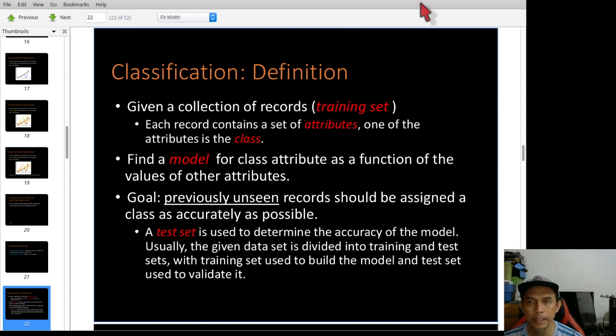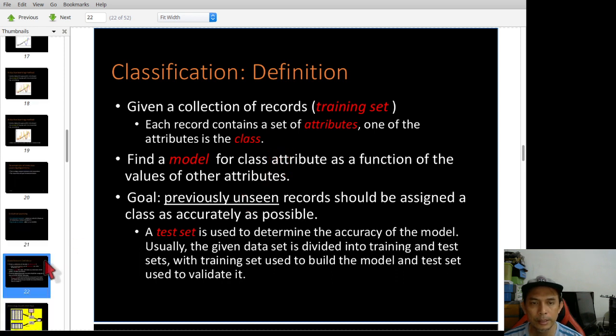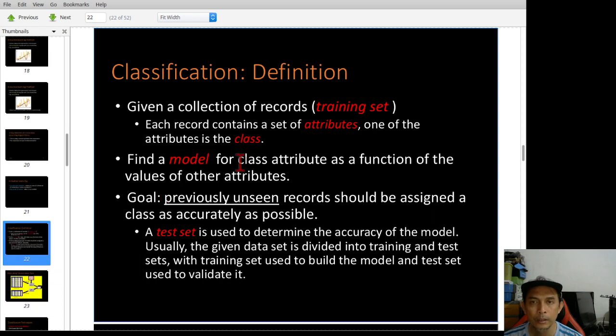Classification definition. Now this is how you define what classification is. Normally you come up with a training set where each record contains a set of attributes.